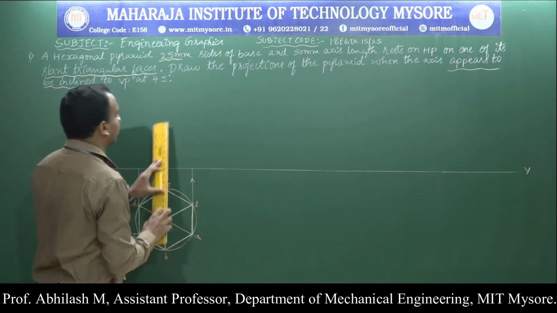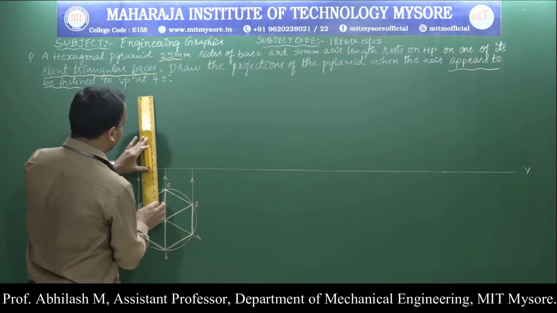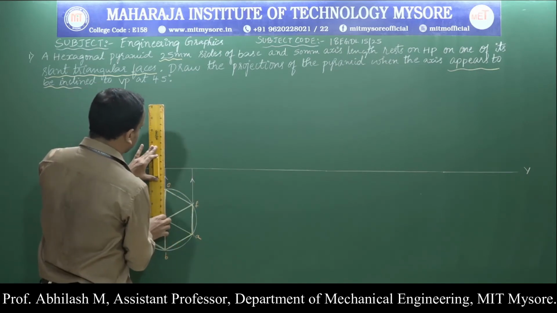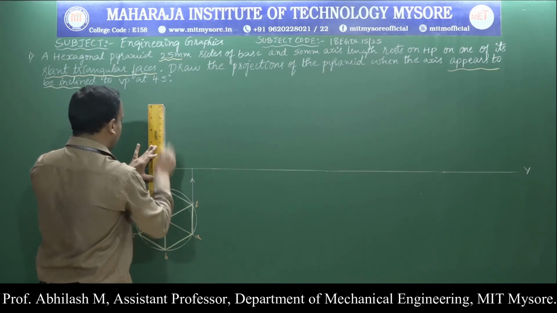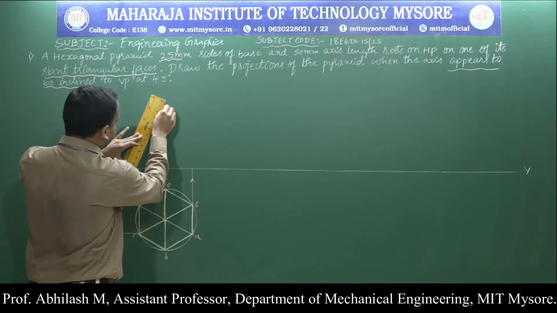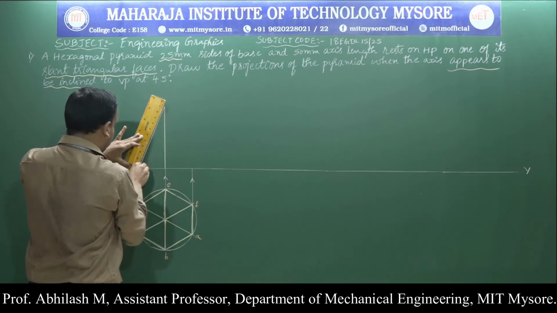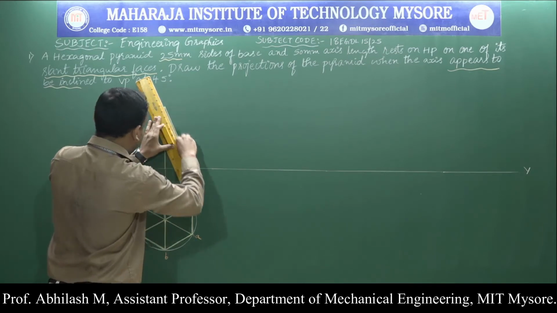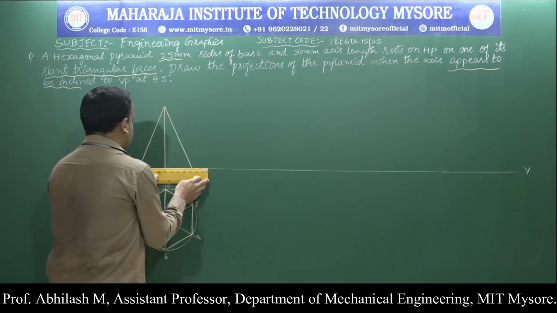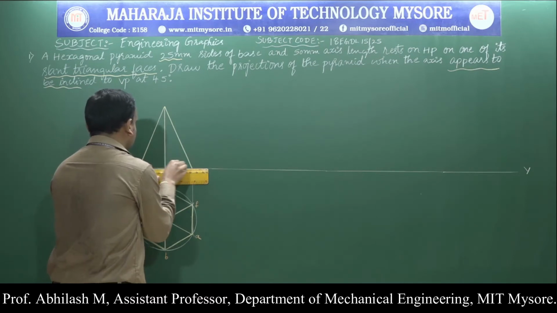So we can complete our first position with these fundamentals. It's a thick line basically of axis length 50 millimeter. So draw an axis length of 50 millimeter directly as a thick line, and I can see the other two edges also. So connect from the point, and the base is completely visible.